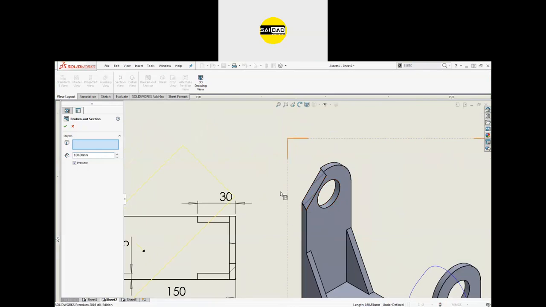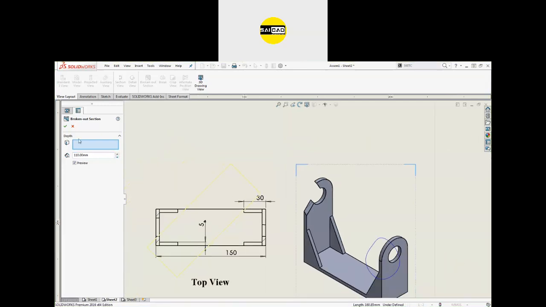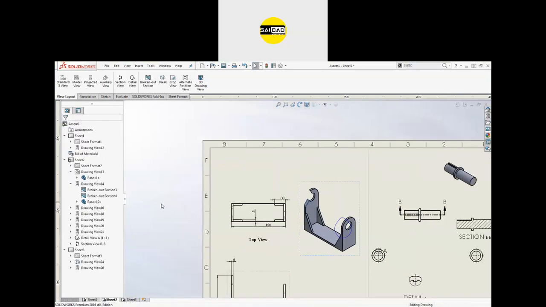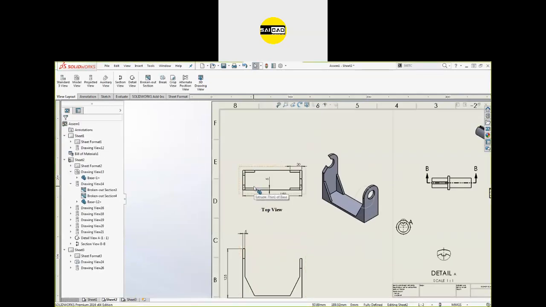Because in this view we don't have the exact face where we are creating this shape, that's why we have to check that value accordingly. You can see a section right here. Just click here and there will be the broken out. Okay, so these are not used repeatedly. They are used at some particular location where you have to show the inside with some 3D cut. So there you can use both.